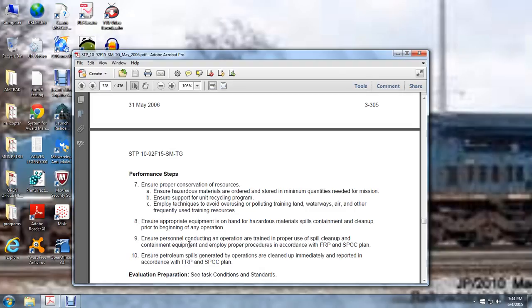Ensure proper conservation of resources, ensure hazardous items are ordered and stored in minimum quantities needed for the mission, ensure the support of the unit recycling program, ensure techniques to avoid overusing and polluting training land, waterways, air, and other frequently used training areas, ensure appropriate equipment is on hand, hazardous material spill containment cleanup prior to the beginning of any operation, ensure the personnel conducting the operation are trained in the proper use of the spill cleanup containing equipment, employing proper procedures according to the